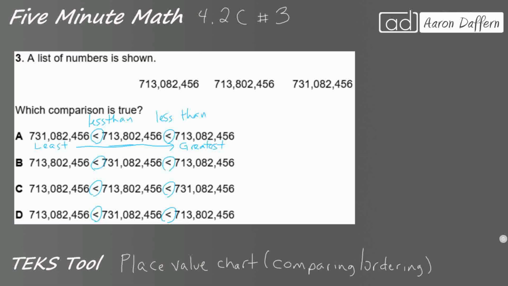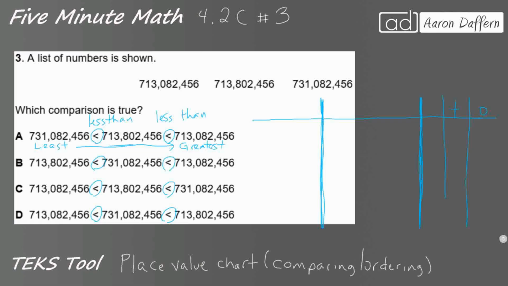And what we're going to do is give ourselves plenty of room here because each of these goes to 100 millions. We've got 9 digits. And so we're going to build this in 3 parts. And I'm going to make some thick lines here to separate each of our periods. Now, when I say period, that's kind of like a family of ones, tens, and hundreds, because that's really the pattern. So we have ones,